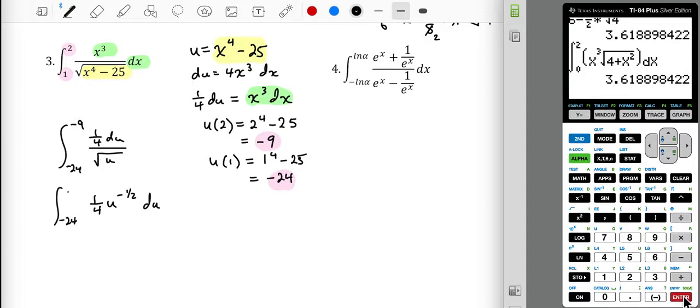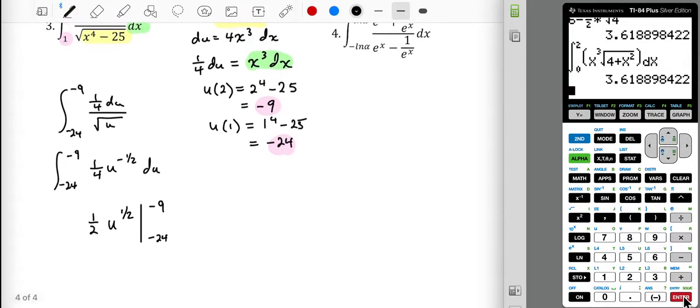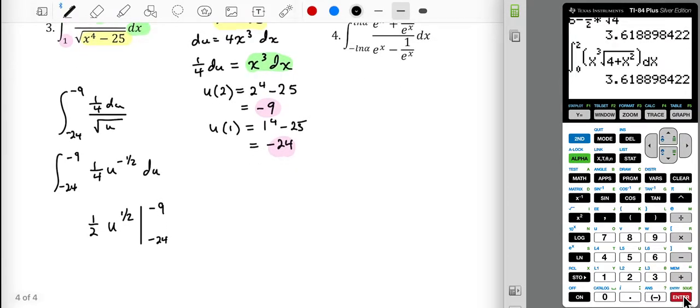So just rewriting a little bit, bringing the radical up, putting it in exponent form, increase the exponent by 1, u to the 1/2, divide by the new exponent, same as multiplying by 2. 2 times 1/4 is 1/2 over the interval of negative 24, negative 9. And it's at this point where I say, I'm glad I didn't put too much time and effort into transforming the function, because this is not going to have a solution,